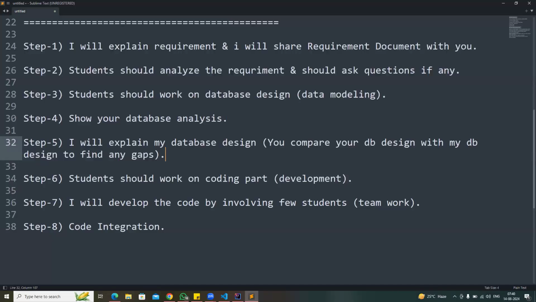So you need to understand the requirement, ask the questions, do the database design, develop the classes, develop the methods, test it, integrate it, and deliver it. So you should know the complete SDLC. You should be able to do the SDLC on your own. So that's where